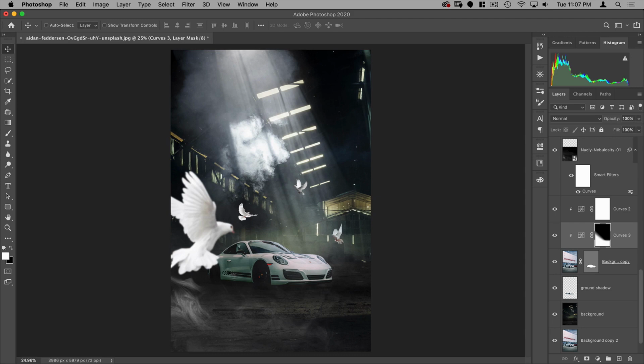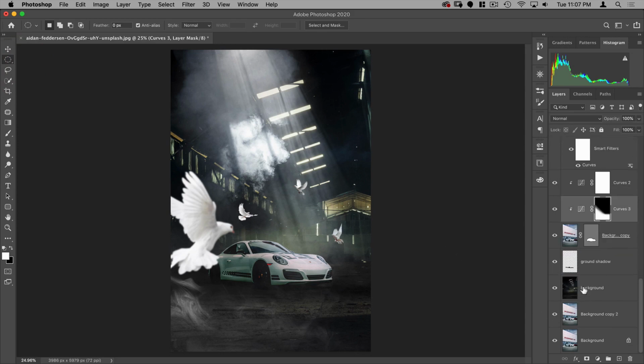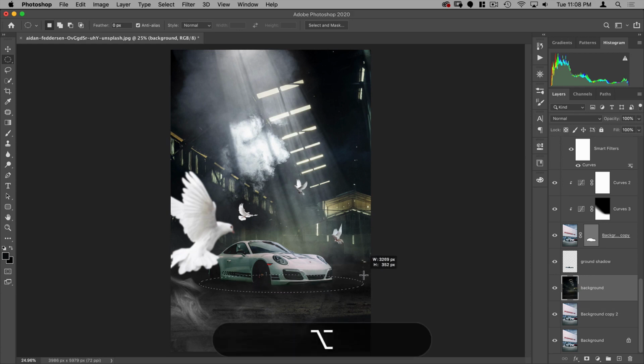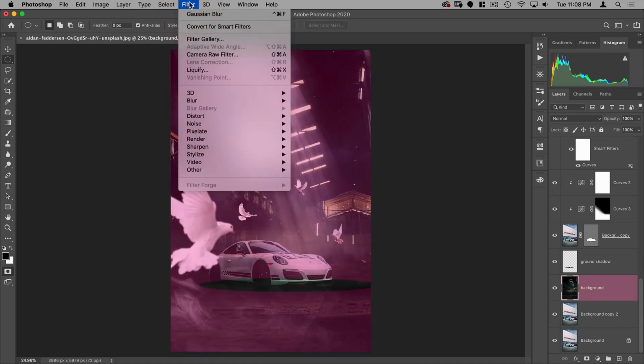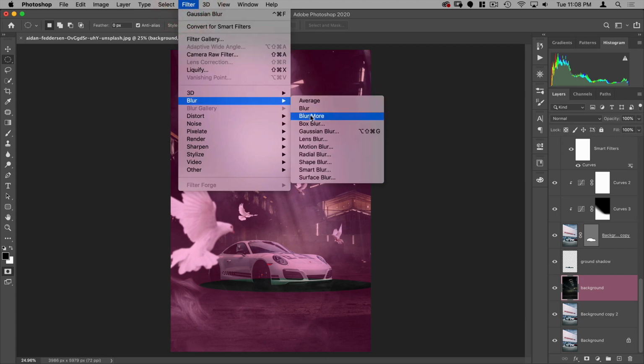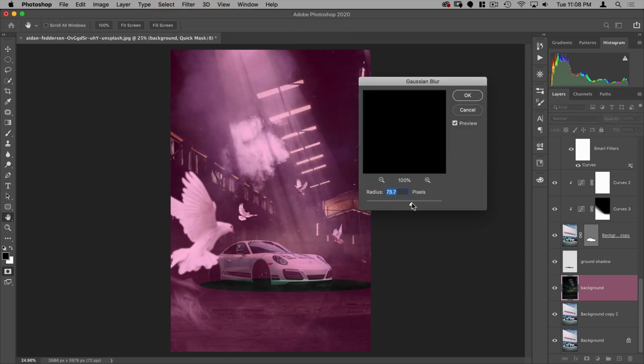All right, next, where the light is coming down, the ground itself should be a bit brighter. So what I'm going to do is just go on an elliptical tool here, and just going to make a kind of wide selection like this. And then hit Q to go to my quick mask, and then I can actually blur my selection here. It's a nice way of creating a feathered selection.